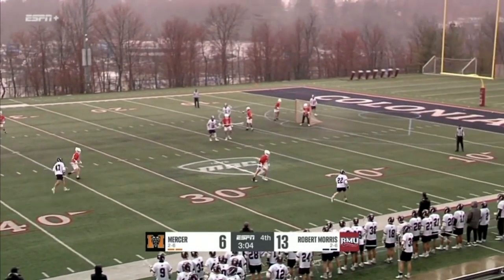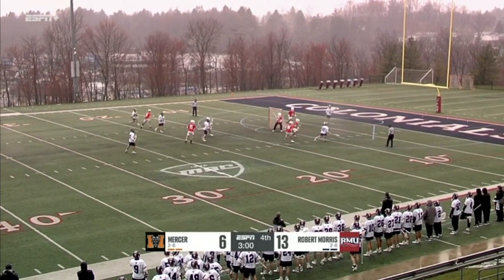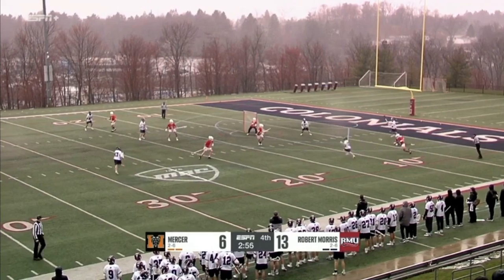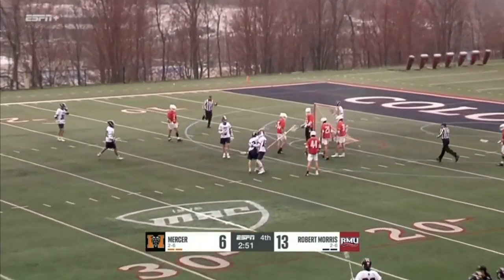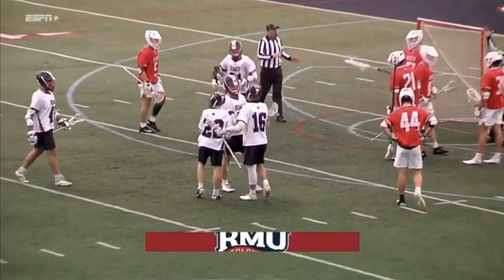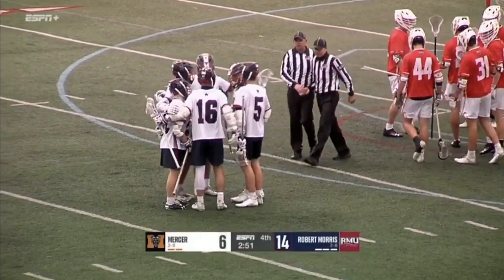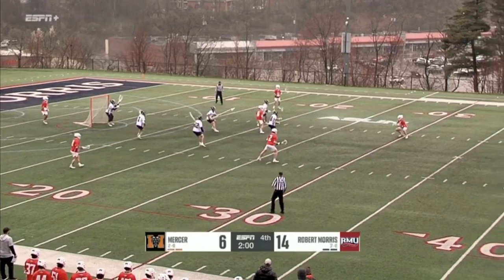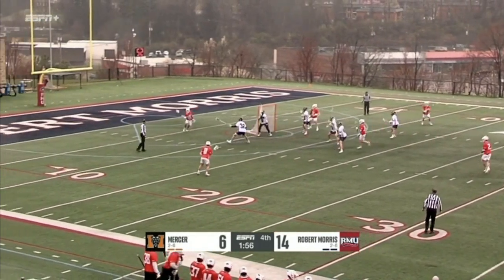Near side right, McLennan. McLennan onto the goal line, lost the possession for a moment, but gathers it back in, feeds it off to a teammate, and a low shot put into the net by Will McLeod. That's a second straight goal for Robert Morris, where it almost seems like the mishaps from the Colonials have caused